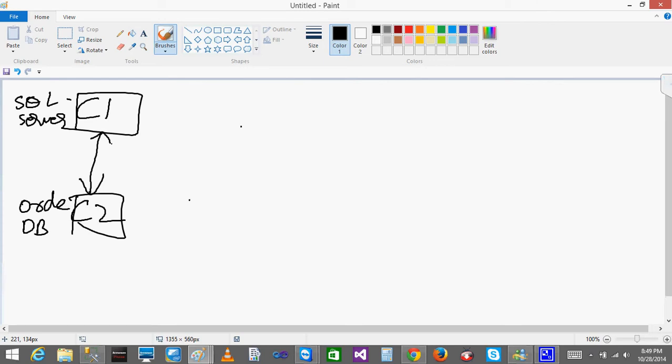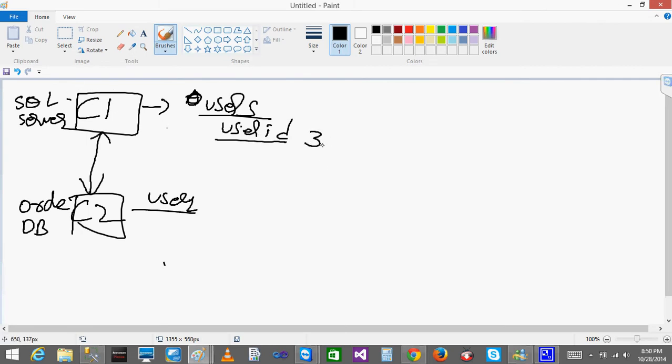You will know only one thing, that company 1 and company 2 merged, but after merging there will be many issues between the companies. Let us say company 1 will have some account standard. Company 1 will have multiple users, and company 2 will also have multiple users. In company 1, the user ID follows a standard: 3 digits plus 3 digits plus 3 digits.